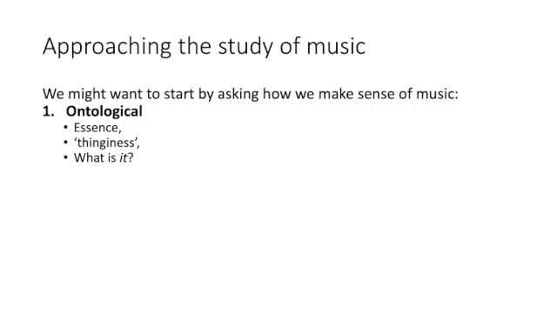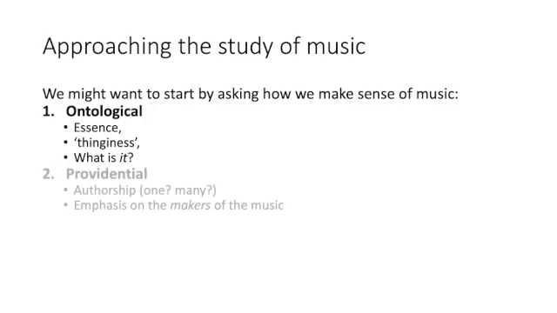Ontology, then, is a branch of philosophy that asks questions about essence, the thinginess of something. And you'll come across ontology in more advanced parts of the course. It's not something to worry about just now, but it's a useful word to know at this stage nonetheless. So that then is the first approach we might make to music, and that one is one that Small finds problematic. The second approach we could take is the so-called providential, and this really is absolutely at the heart of